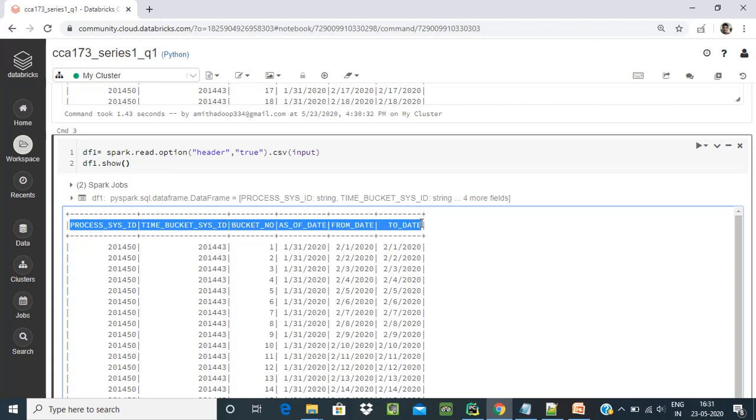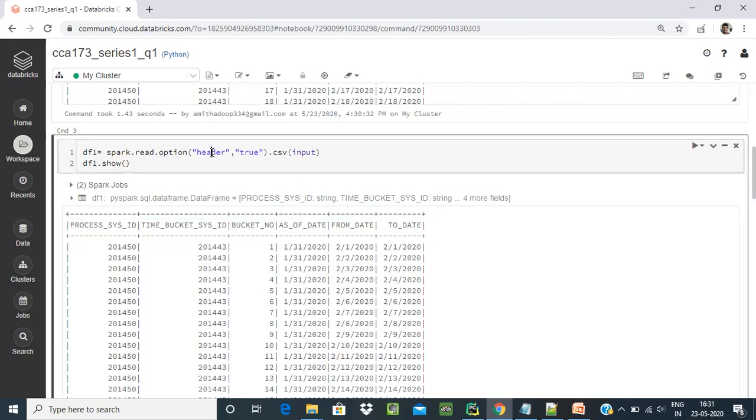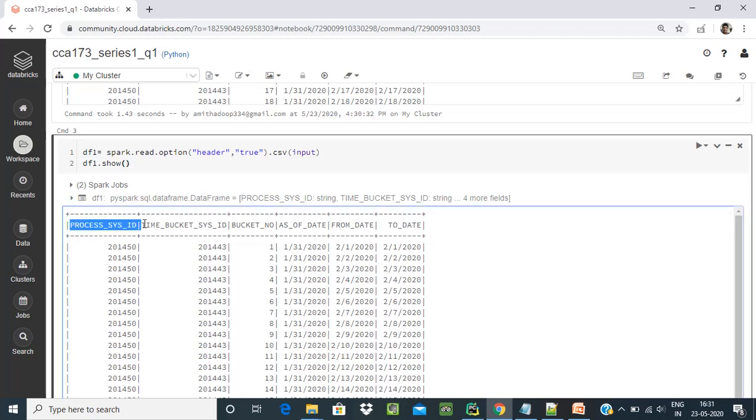In this way, if you give spark.read.option header true, whatever is in the first line, the header, will become your column names. A data frame is basically like a table with its own column names, rows and data types. So this is for picking the header for that particular data frame.